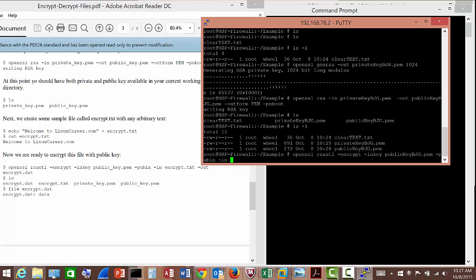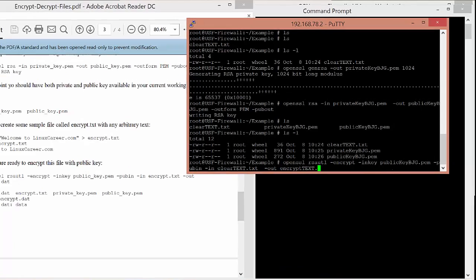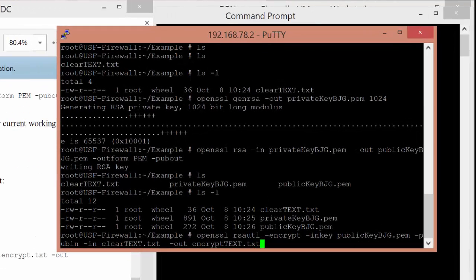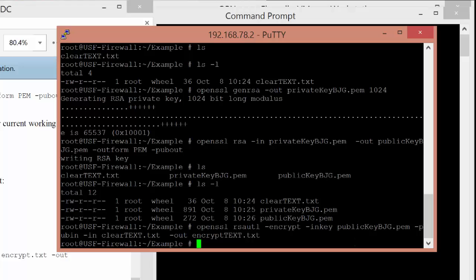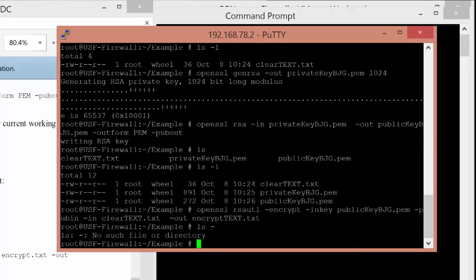And the input that I'm going to put is the file that I want to encrypt. The output that I'm going to put is the encrypted portion, and I'm going to call it EncryptText.txt. And this will encrypt my file. Now if we do an ls -long,